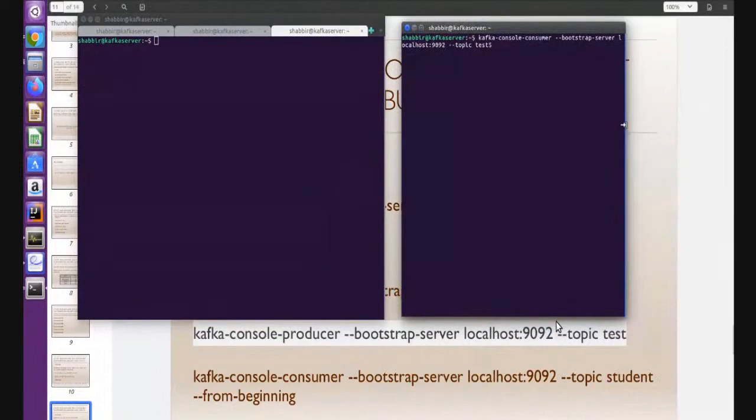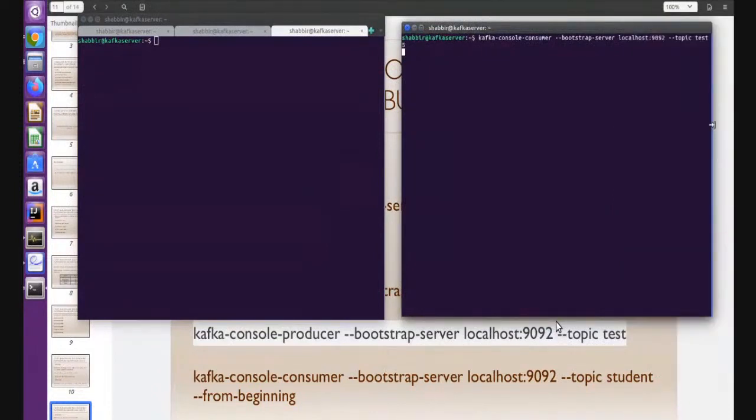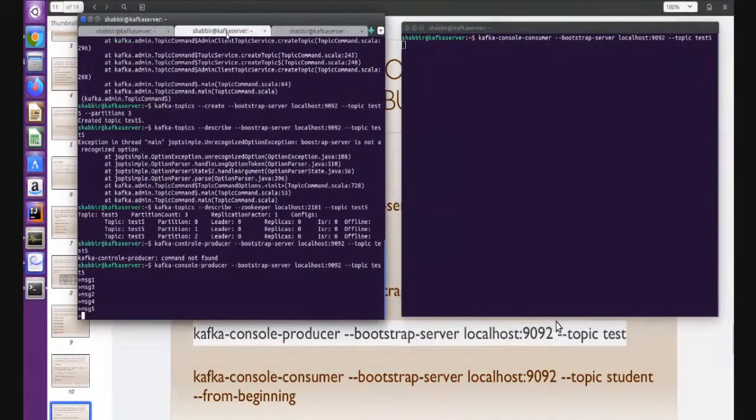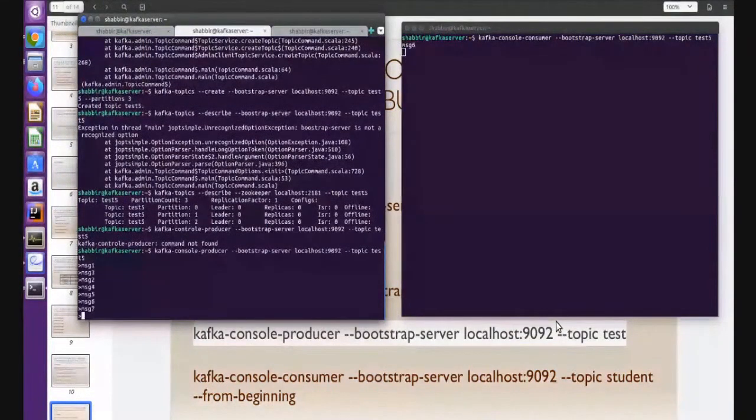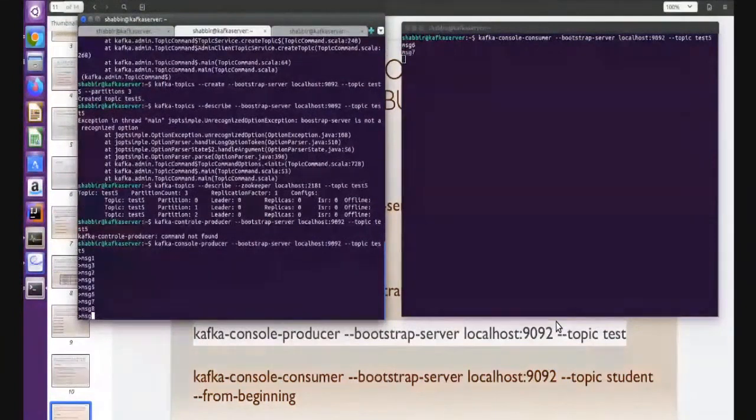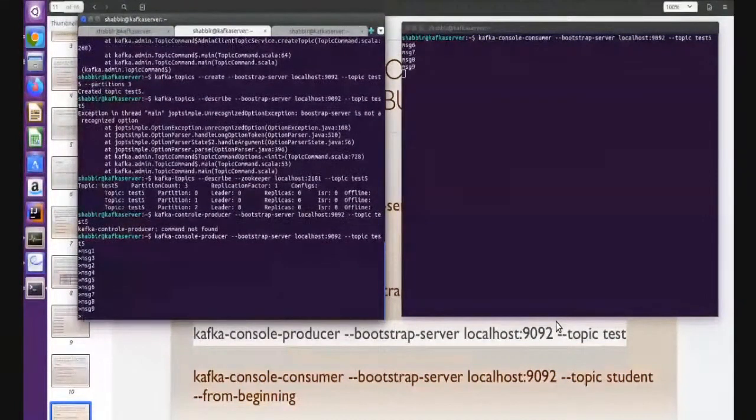So in a real environment, we just run this command and you can see whatever message I give from here, one by one it will go, right? It is reading in sequence, because yesterday I was using that from the beginning. That's why it was reading all the partitions randomly. Some data maybe goes to partition 0, partition 1, and partition 2. So in every partition we have some offset, right? From 0 it will start, right? So that was the reason it was not in sequence.